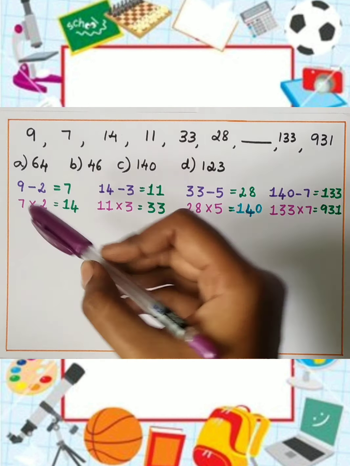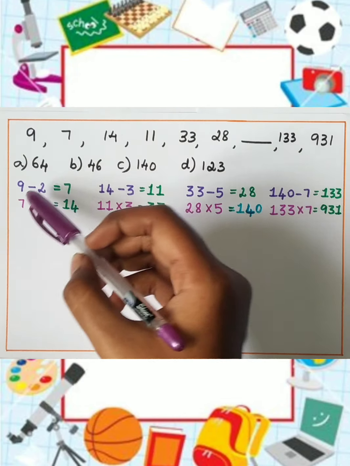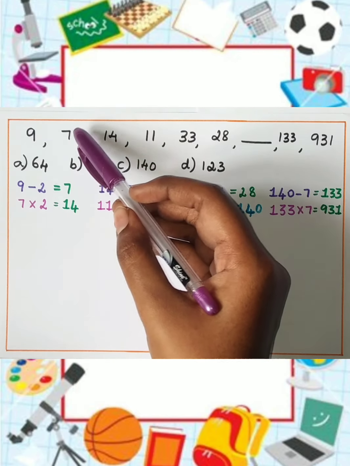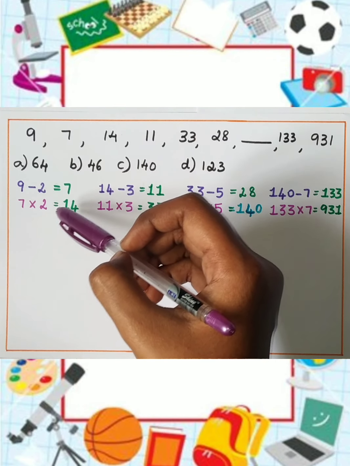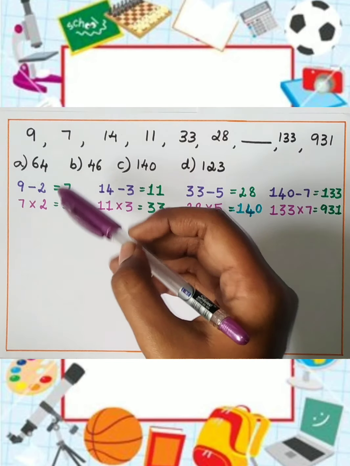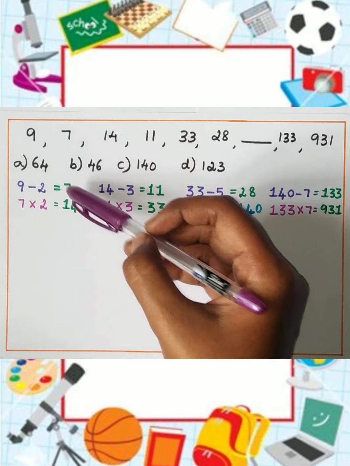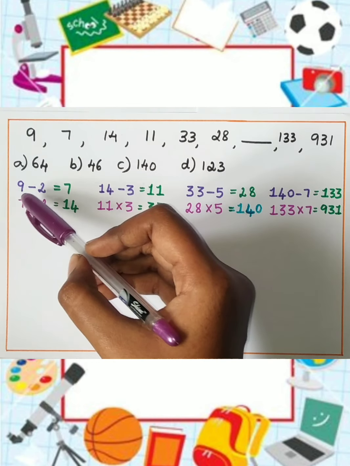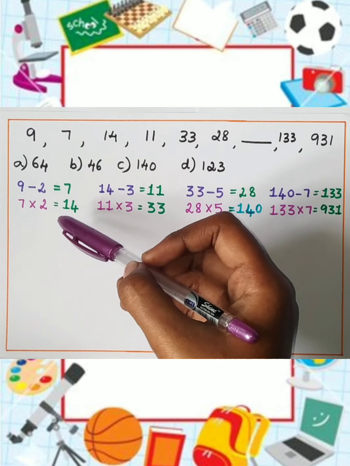So here the difference between 9 and 7 is 2. So 9 minus 2 is equal to 7 is the step we have got here. Here again, 7 multiplied by 2 will give you 14, so that must be the step. So in the previous logic, we did these two steps as a single step. In this problem, we do it as two different steps because the two numbers are all given in the number series. So the first logic is 9 minus 2 is equal to 7. The next number is 7 multiplied by 2 is equal to 14.